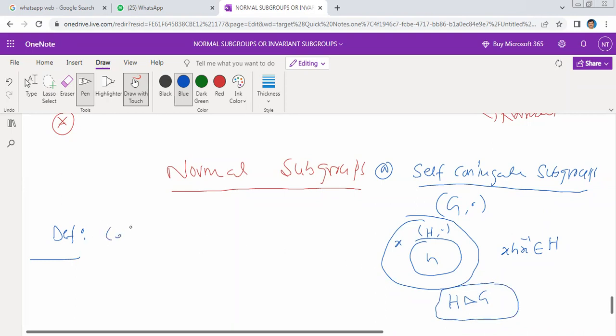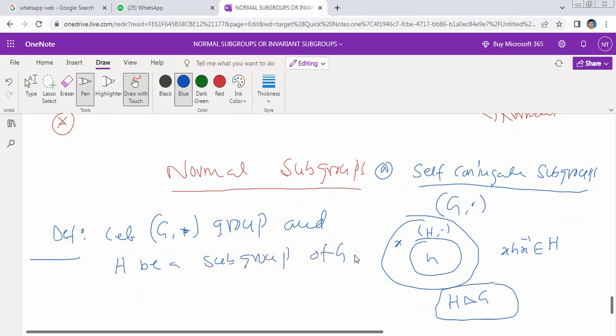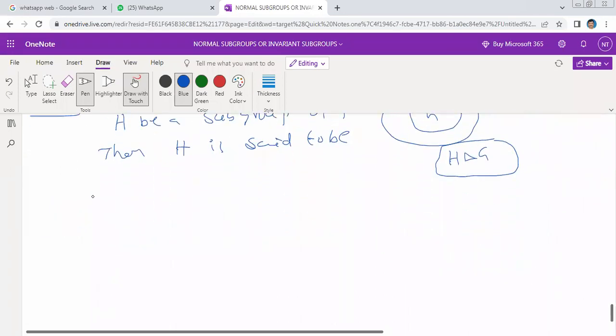Let G comma plus or G comma dot be a group, and H be a subgroup of G, then H is said to be normal in G